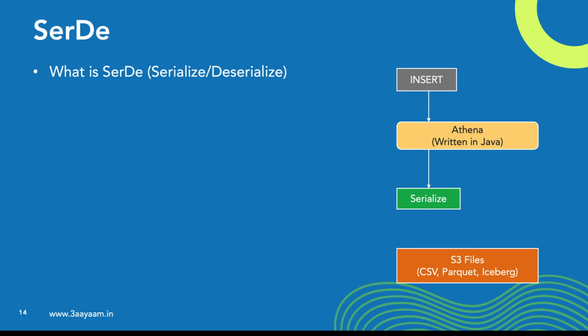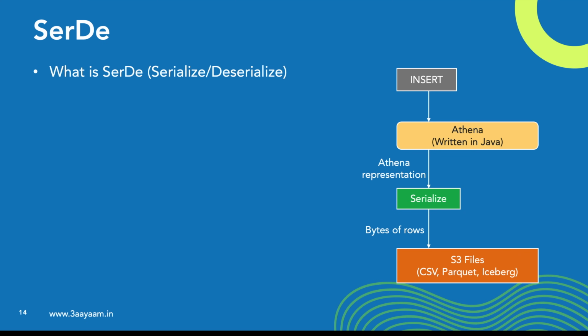So that records pass through something called a serialization process. What happens in this serialization process is that the records which are in Athena representation, like insert into values, are converted into bytes of rows or binary data by the serializer, because essentially the records are stored in binary. So the Athena representation is converted first into a JVM object, and then it is serialized to bytes of rows or in binary format, and then it is written to the CSV, Parquet, or whatever file format